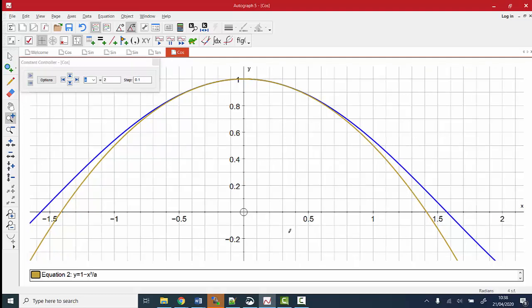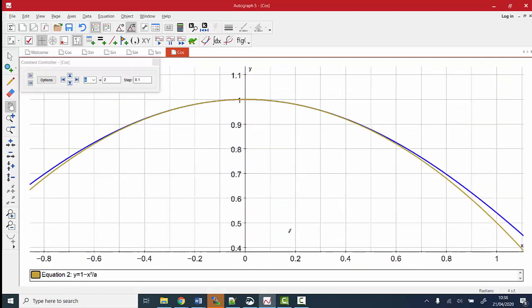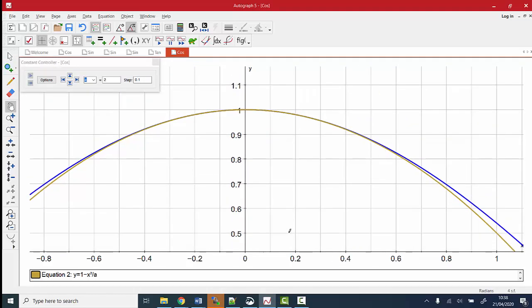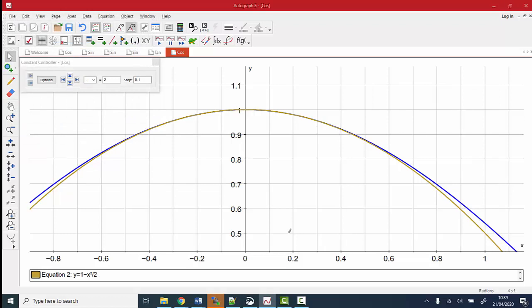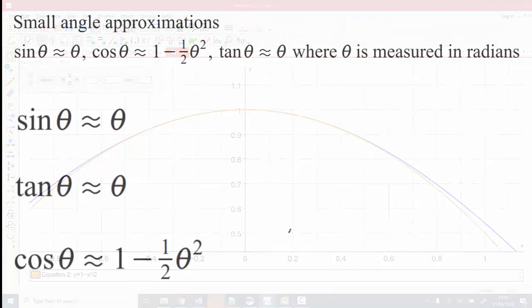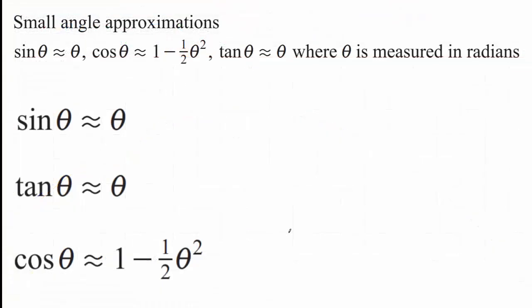So for small angles, I'm going to zoom in so we can see those small angles, sort of between x equals minus 0.4 and 0.4, then the graph of 1 minus x squared divided by 2 will approximate the cos x graph. The text at the top there is what you get given in the formula book, so you don't need to remember these things. I've broken it down so you can see each of them separately a bit clearer on the